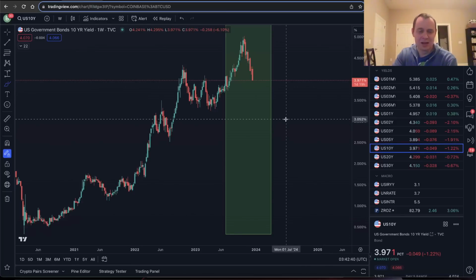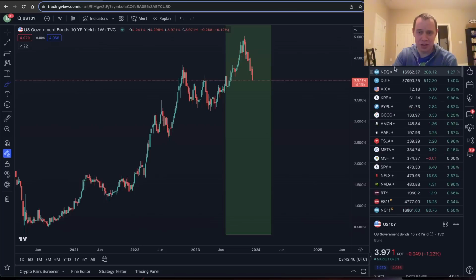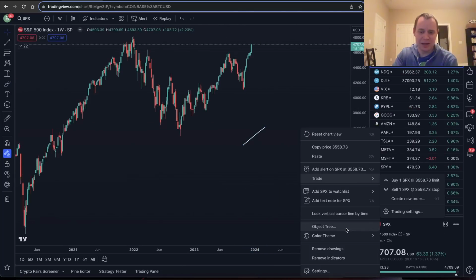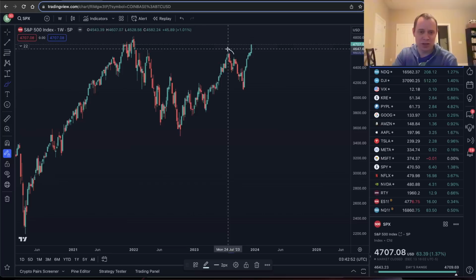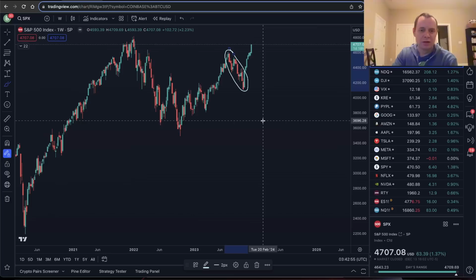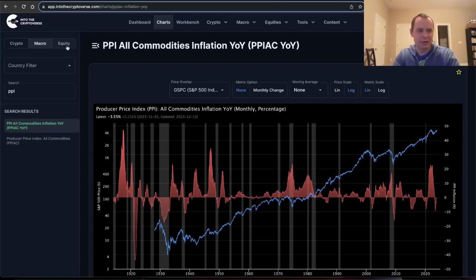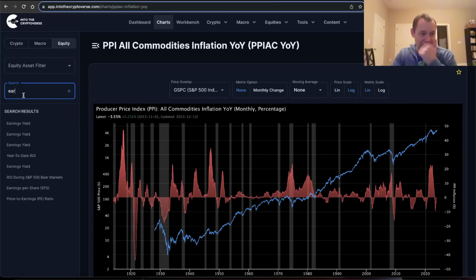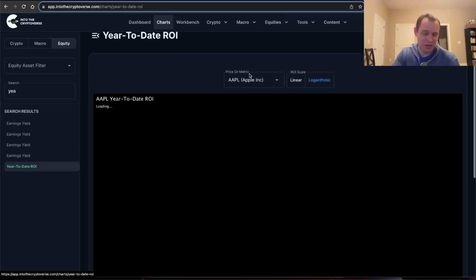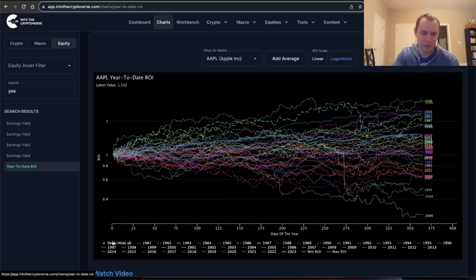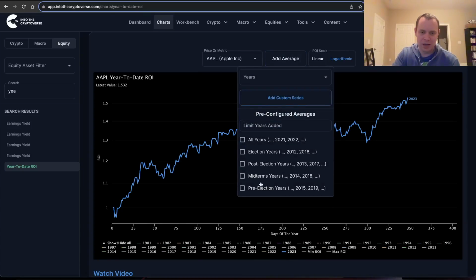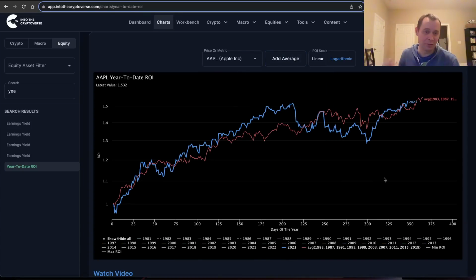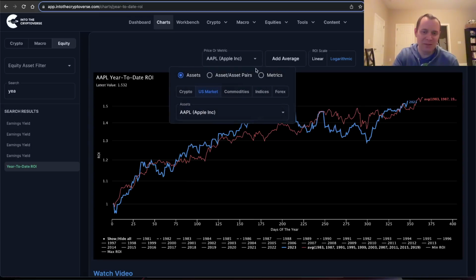As I said previously, and as it relates to the S&P 500, I said back in July that the way this would likely go is that you're going to get a 5 to 10% correction in Q3. From here, you tend to get favorable seasonality going into the end of the year. If we were to overlay year-to-date ROI of, let's just say, Apple, it's already going to be up. Let's just look at Apple, sort of the blue chip, and average out Apple over pre-election years. It's right where it always is in pre-election years. This is where it typically is, right? There tends to be favorable seasonality